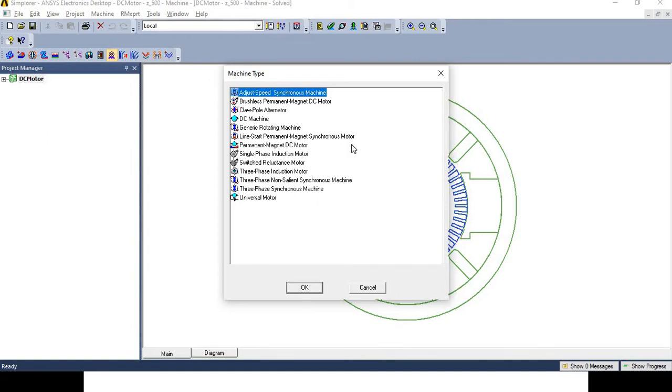Okay, so for this case, we are going to design the DC machine. So you can click on the DC machine and then you can click OK.